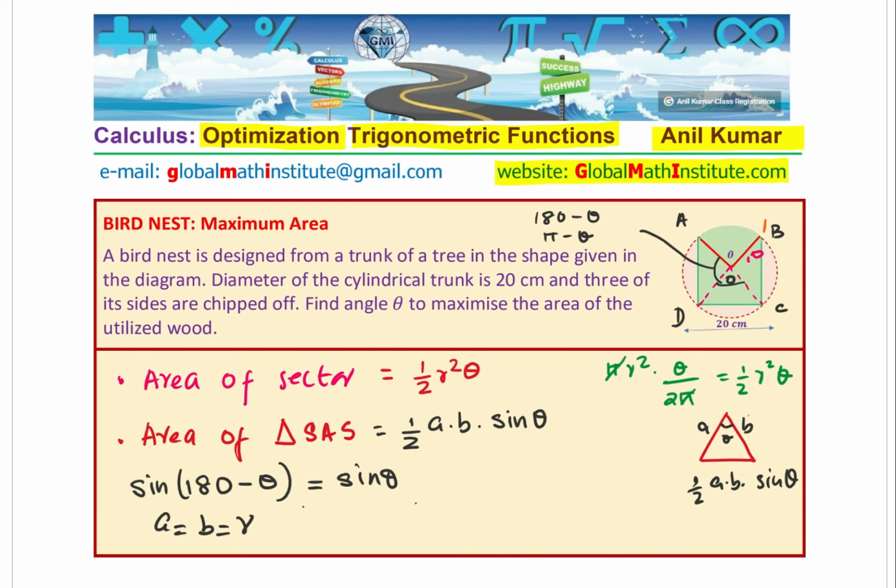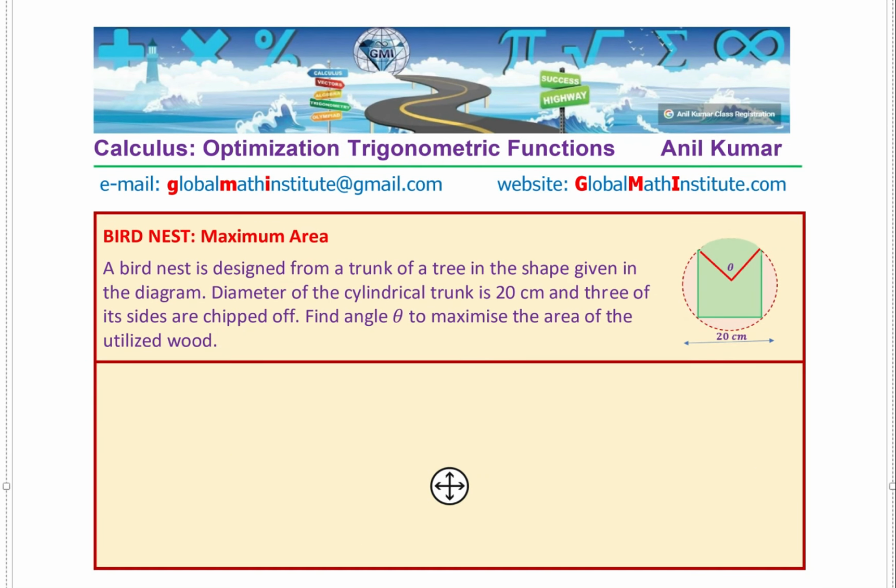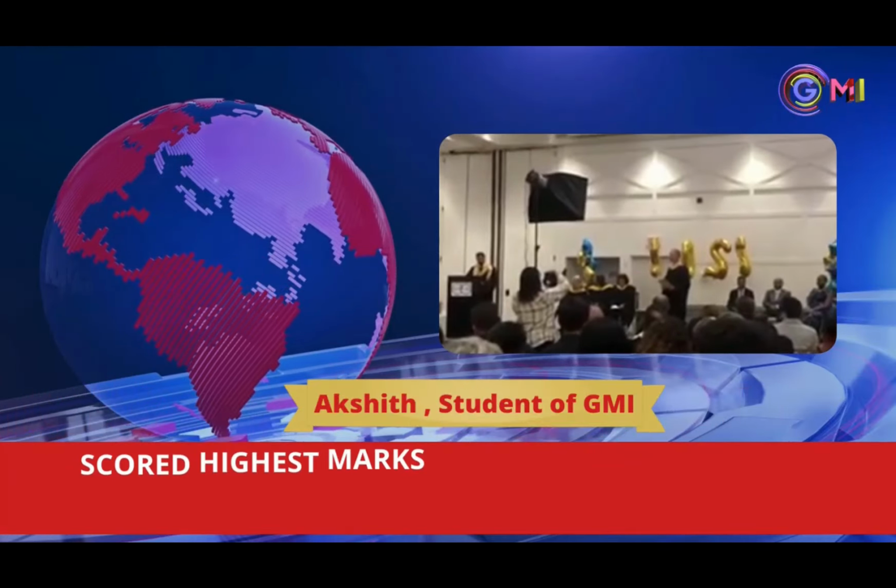So we can say that area of three triangles is, let me write down here, three times half of r square sine theta. Make sense? Correct? So that becomes the area of three triangles, right? So we can actually add these two areas and get our expression. Perfect? So let's continue. So we get the expression for area of